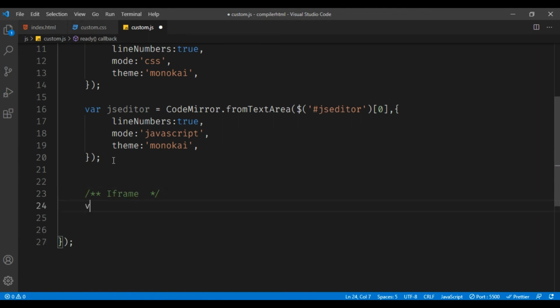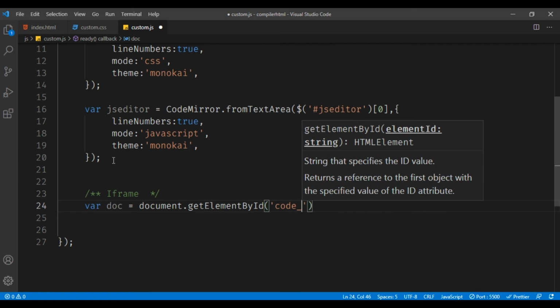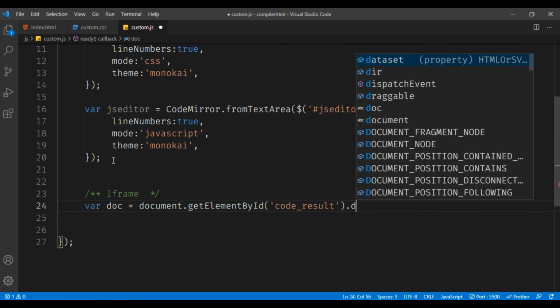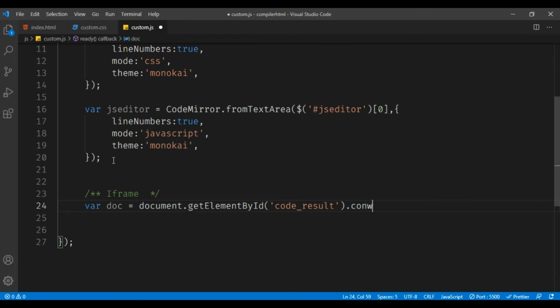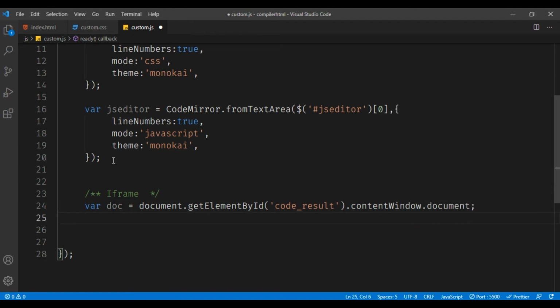So I'm using variable doc equals to document dot get element by id. My iframe name is code result, and I'm using content window dot document.